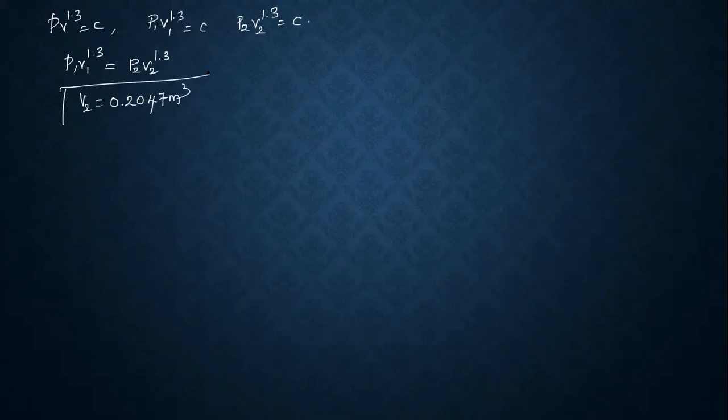Therefore, it can be written as P1 V1 to the power of 1.3 is equal to constant, and P2 V2 to the power of 1.3 is equal to constant. Therefore, P1 V1 to the power of 1.3 equals P2 V2 to the power of 1.3. The only unknown term here is V2. We will get V2 as 0.2047 meters cube. Once you get V1 and V2, therefore W1 to 2 is P2 V2 minus P1 V1